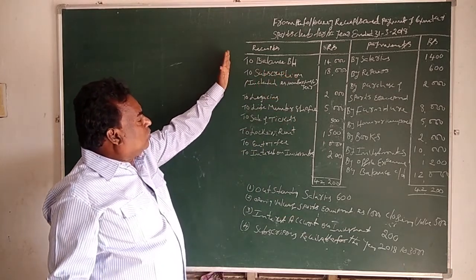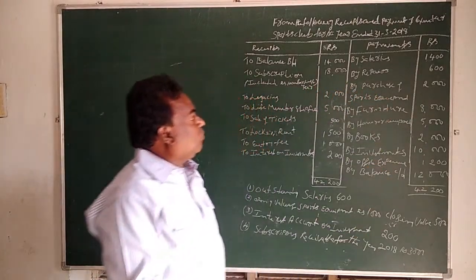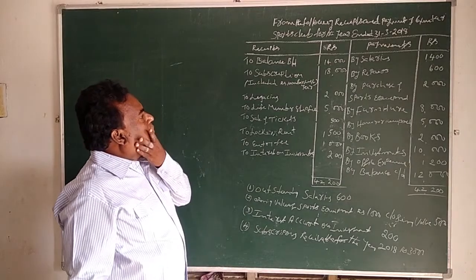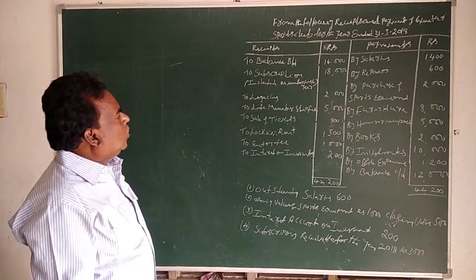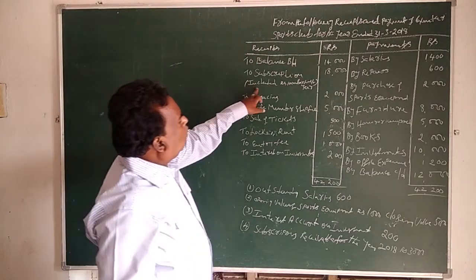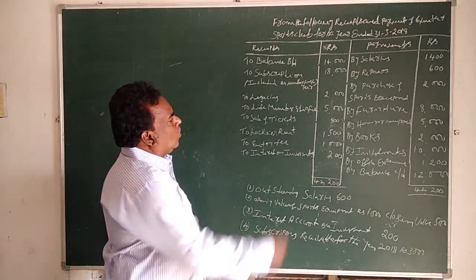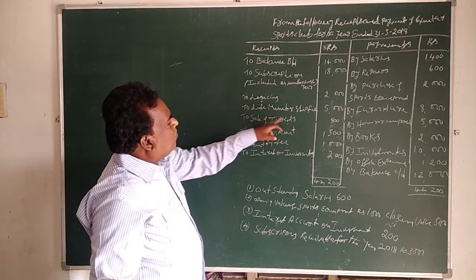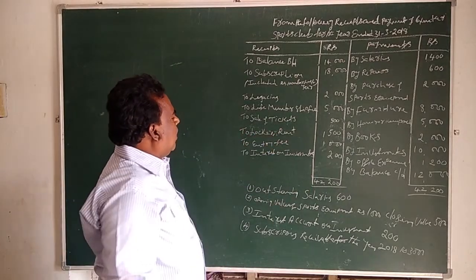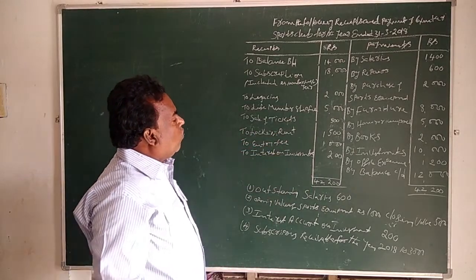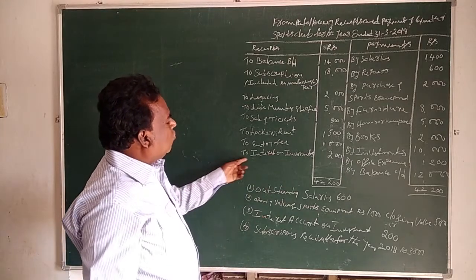These are the left side sources of receipts, the right side sources of payments. Receipts: to balance brought down 14,000, to subscriptions, included 1,000 for the last year, 18,000, to legacies 2,000, to life membership fee 5,000, to sale of tickets 500, to lockers rent 1,500, to entry fee 1,000, to interest on